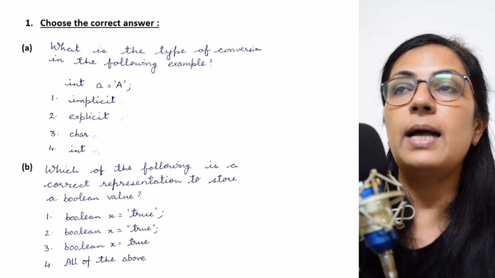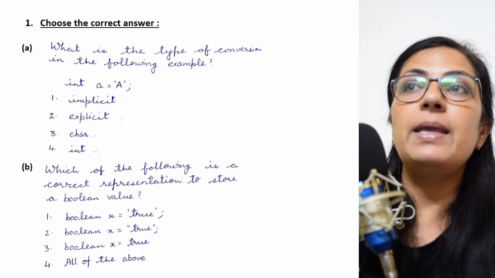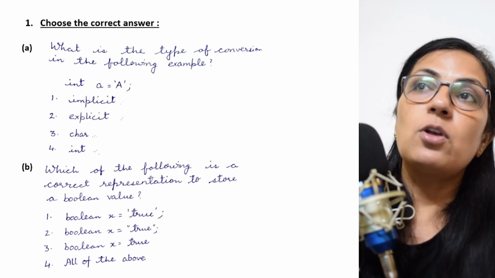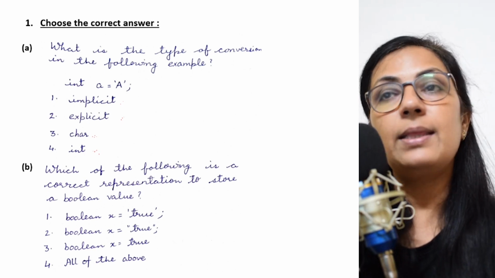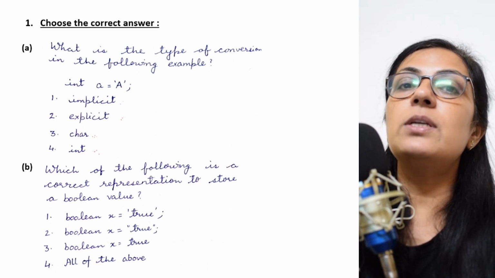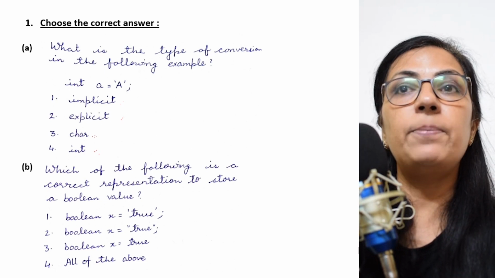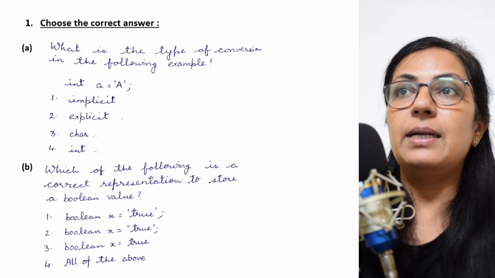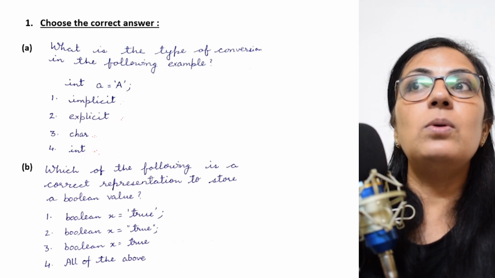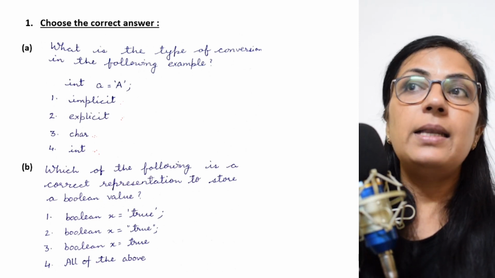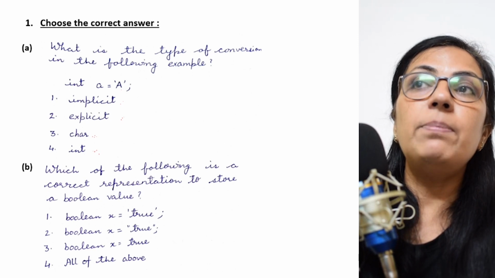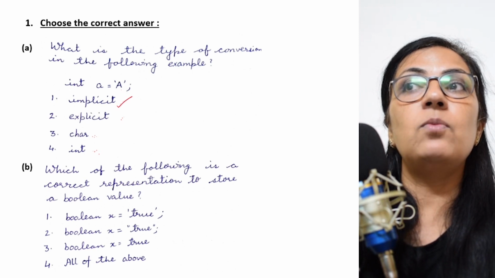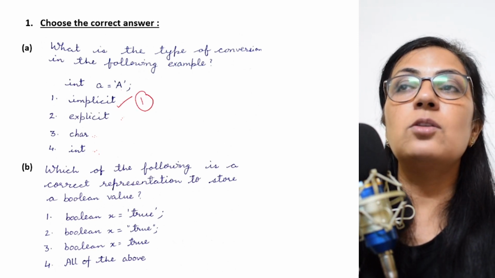Let me tell you what these are. Implicit conversion takes place between two compatible data types and it is done by the Java software itself. Programmer does not have to do anything in that, right? And explicit conversion is the forceful conversion which is done by the programmer to convert one data type into another between two incompatible data types. So here int a equals to within single quotes a is there and this char value is compatible with int type. So here the conversion is implicit conversion. So your correct option is option A.